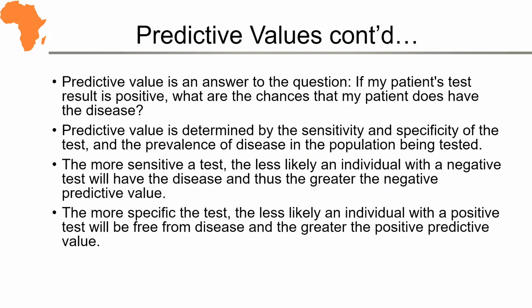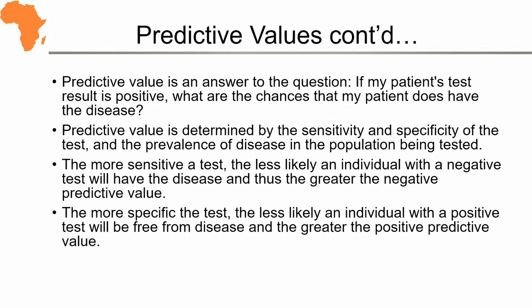Did you follow? We held constant the sensitivity and specificity and then shifted the prevalence. And you can see if we start shifting to a highly specific or a highly sensitive test, that does shift. The more specific, the more sensitive the test, the less likely an individual, please note, the more sensitive the test, the less likely an individual with a negative test will have the disease. And thus, the greater the negative,